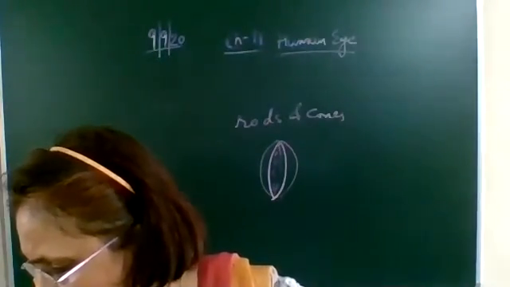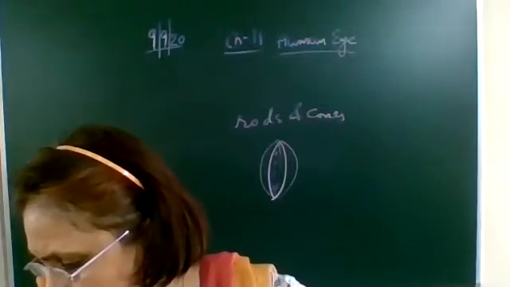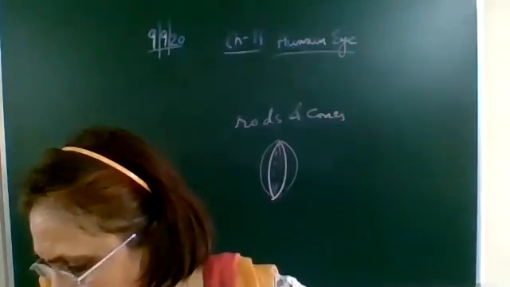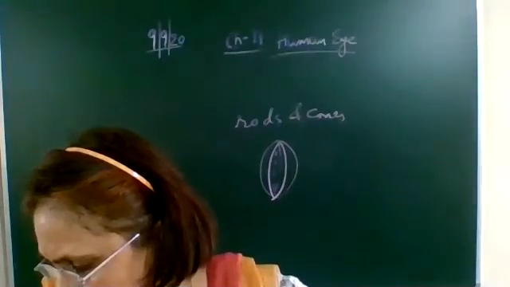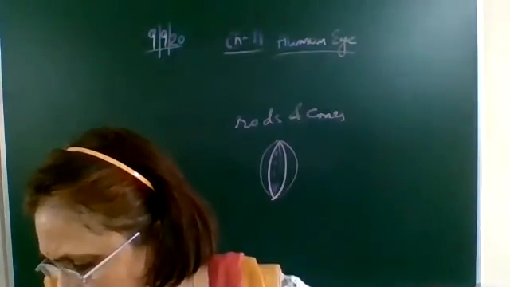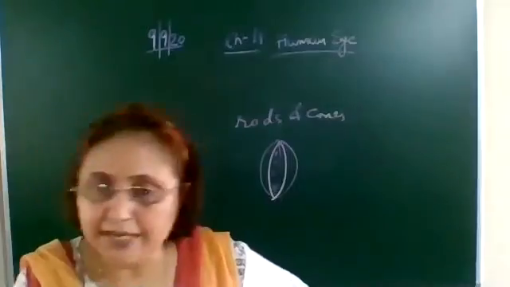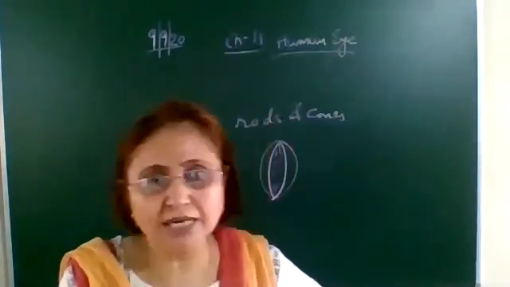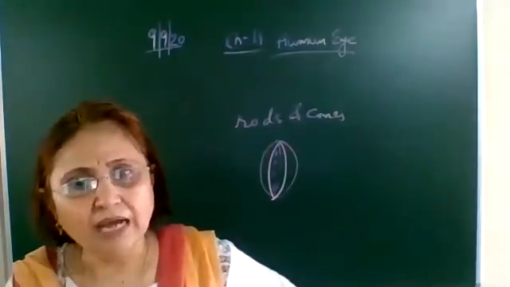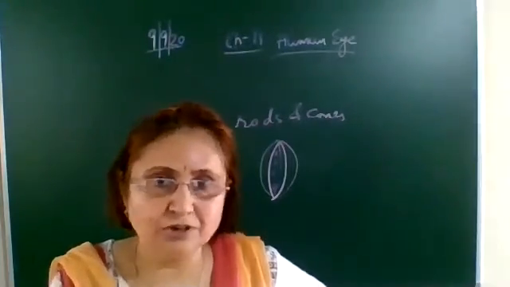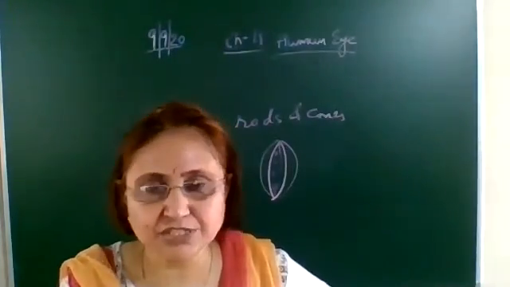So when the lens becomes thin, its focal length increases. This enables us to see the distant objects clearly. When you are looking at the objects closer to the eye, the ciliary muscles contract. This increases the curvature of the eye lens. The eye lens becomes thicker. The focal length decreases. This enables us to see the nearby objects. So you can see the nearby objects clearly, as well as the far away objects clearly. Why? Because the focal length of the eye lens is changing.